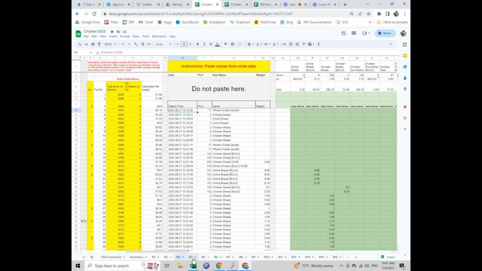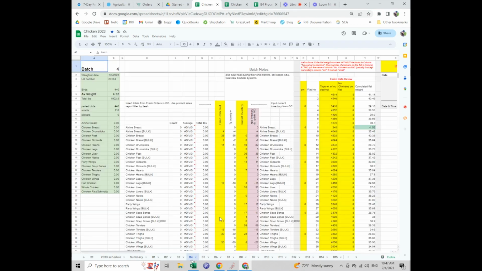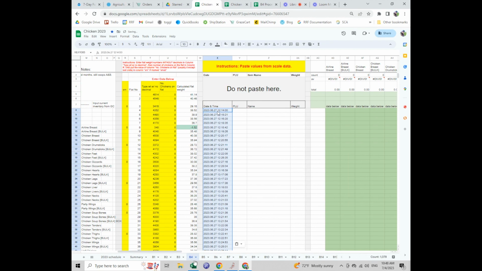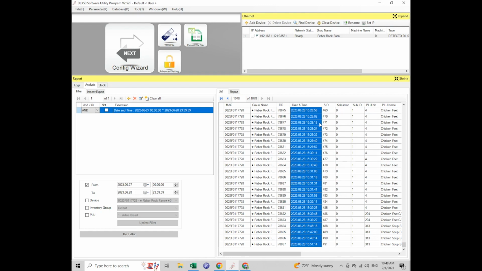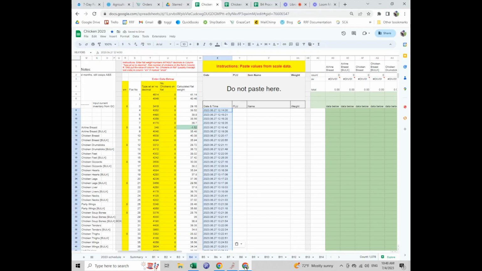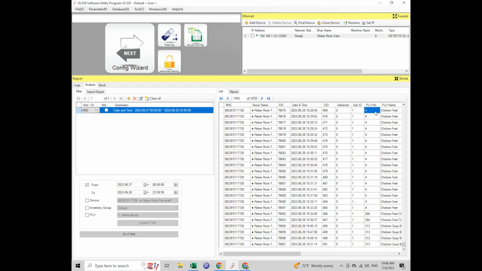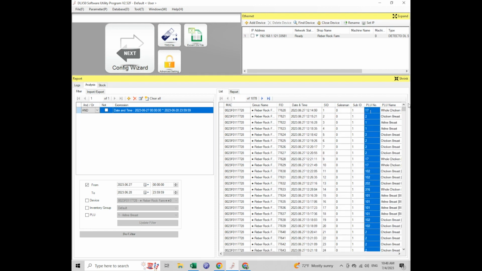Since this data is already here, I'll show you on batch 4, which we haven't done yet. This is what it would look like. We'd click here in date and time. I hit Control V to paste, and boom, all that time and data would paste. And we're going to do that for each one. So the next one is PLU. We're going to go over to the PLU number here. Since we start at the bottom from 1, I'll click on the bottom one, then scroll up, hold shift, click PLU, Control C,